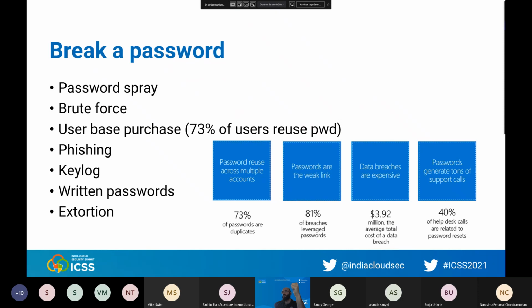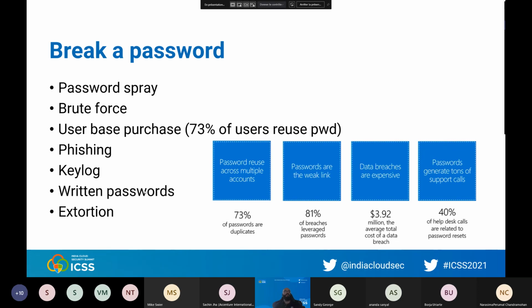By password spray, I have very well-known passwords which are very used, like 1, 2, 3, 4, 5, and I will try to use those passwords on all your Office 365 accounts. Brute force is different. It's like I really want to brute force this account, and I will try all well-known passwords.